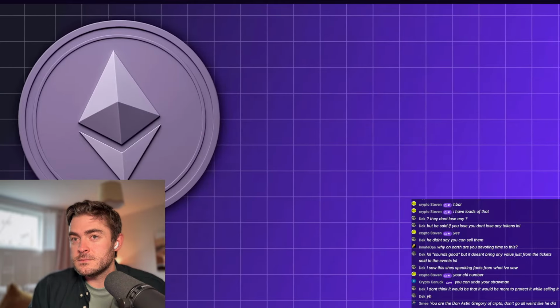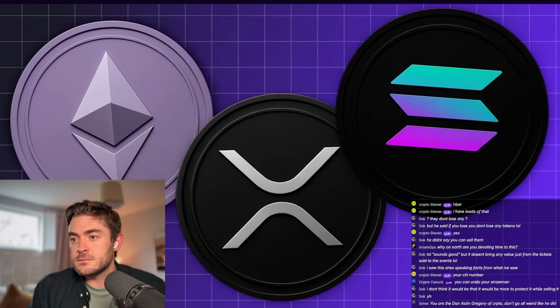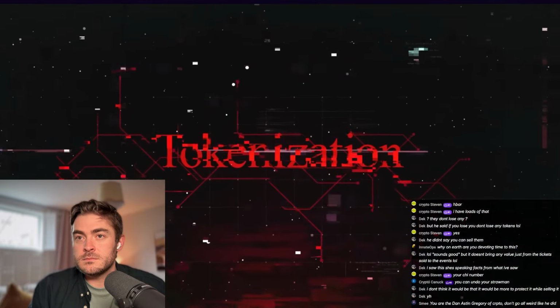And a lot of us, we're not involved in that plan. And the only way we can get out of the current system that we are in, this debt system, is to figure out what these elites are going to use to tokenize all this value, where this value is going to wind up. That is what we want to hold. And certain assets like Ethereum, like XRP, like Solana, those are going to be the base layers of this entire tokenization financial system, right? We don't know what their plans are, but we have a good understanding of what they're saying currently. And I'm going to play some of those clips for you after this and where we think this is all going. And you need to plan accordingly right now, because they have been planning for years.